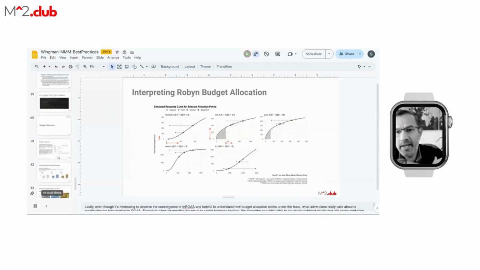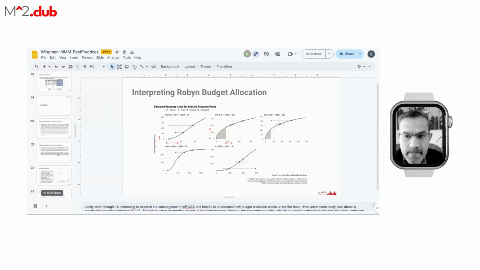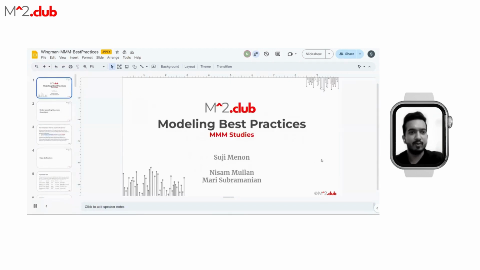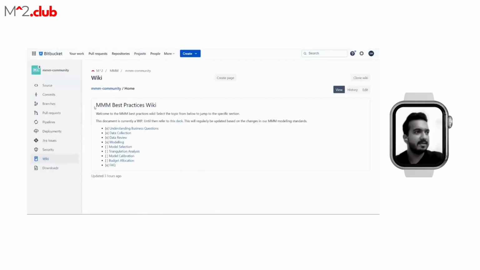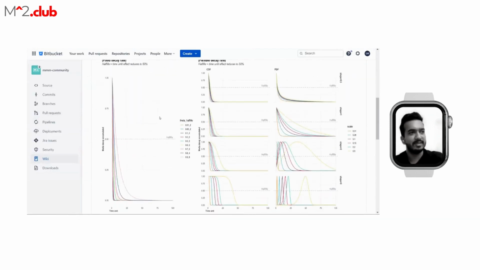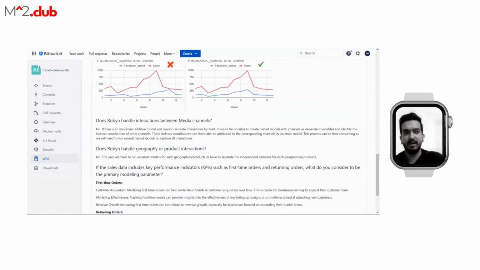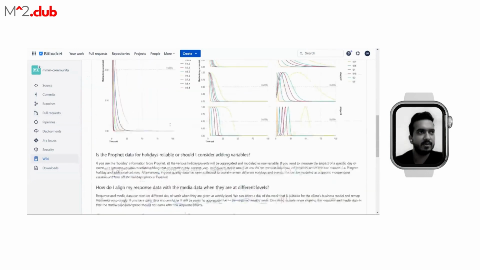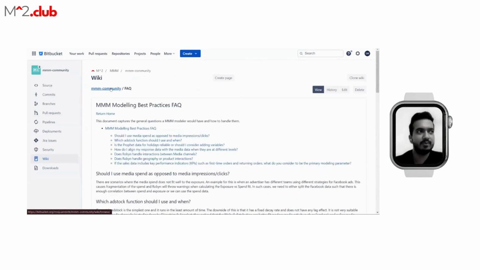Is the wiki ready, Suji? Not yet, I think. There are two more sections to cover in that, but it's almost ready. So how it would look is this. You would have a page here with different topics that you can go into, and even the FAQ document with the questions that we'll be constantly updating. We'll have regular meetings and we'll be updating these. So yeah, we'll be sharing it out once it's